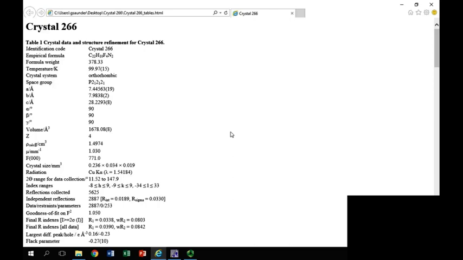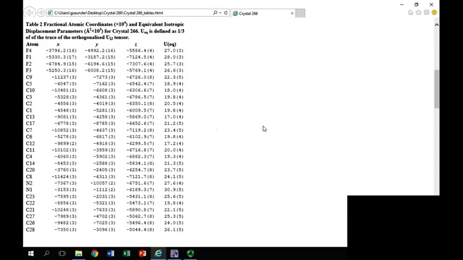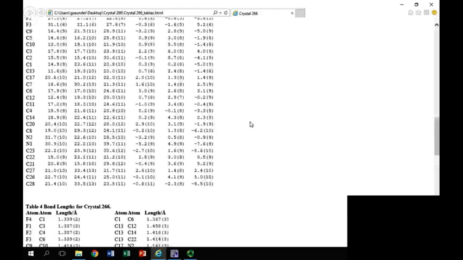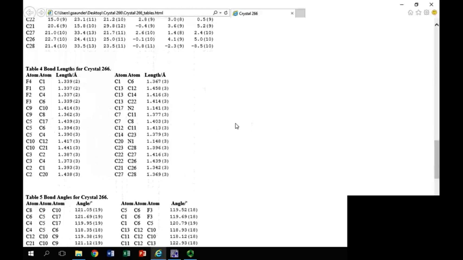Okay, so this is the number of reflections collected, and 5,625. That's the number that are independent, but all of them are observed. Okay, so it's good data, and there's 253 parameters. See that this is 10 times that. Okay, so we expect it to be so far. So you get that, and then you get a table of positions, and then you get a table of